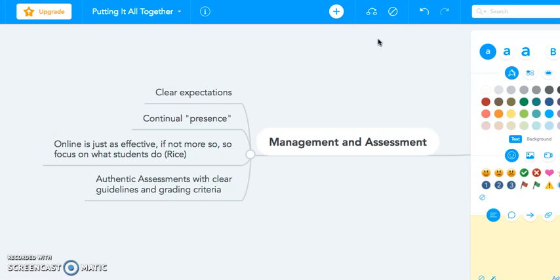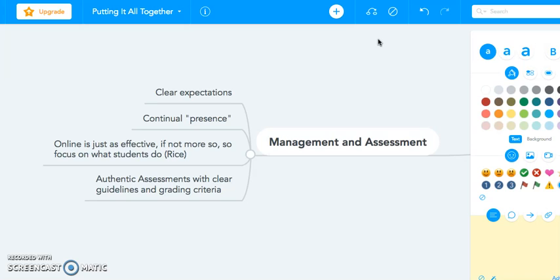Having a continual presence, whether that's psychological instead of physical, but students like to know that the teacher's there and caring about what's going on and how they're learning. So I think it would be a challenge, but one that I would definitely want to take on, increasing that psychological presence in an online class, and something that I can work on now.